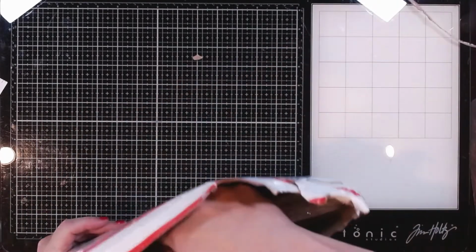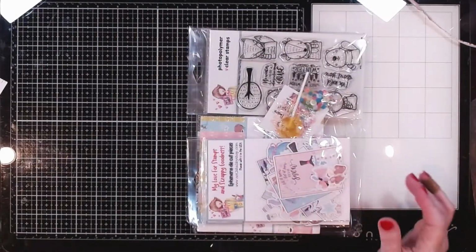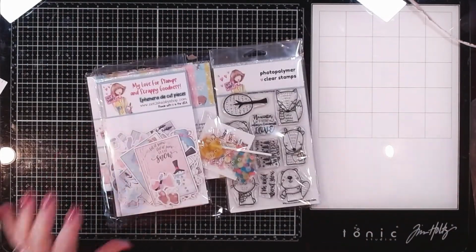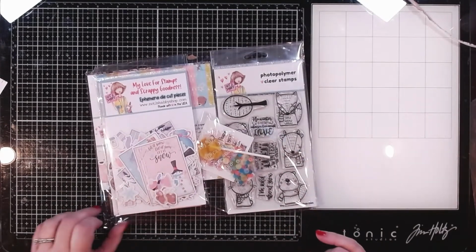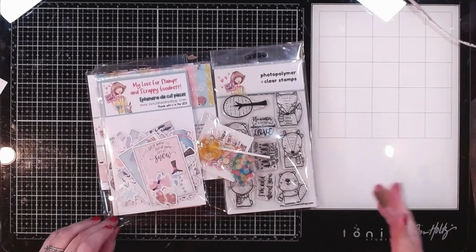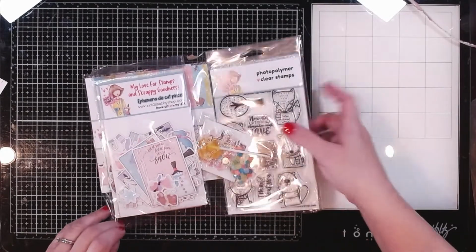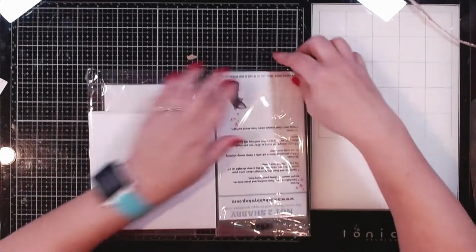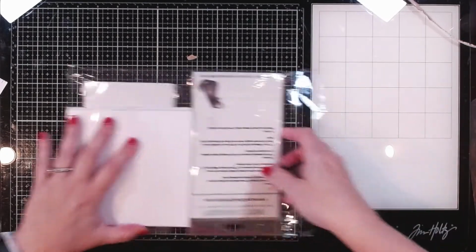Let's go ahead and grab some of this stuff out. I can already tell this is stinking cute. I have been spending some time with my mother-in-law, and her property is kind of like a conservation area, and she's got a cute little fox that she absolutely loves. So having a fox in my stamp set, I always get tickled with that. Let's open this one up, and I'll start pulling out each of the bits that are in this month's